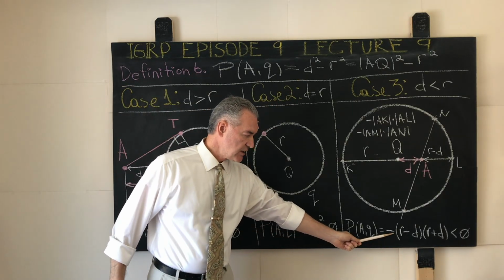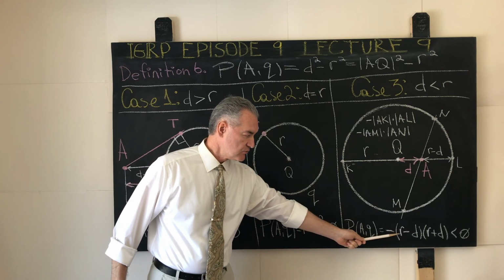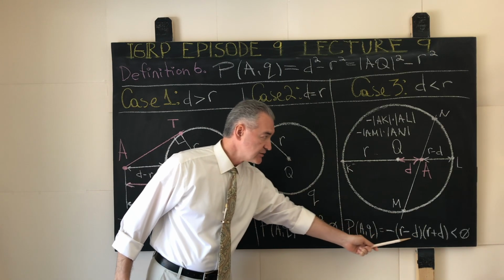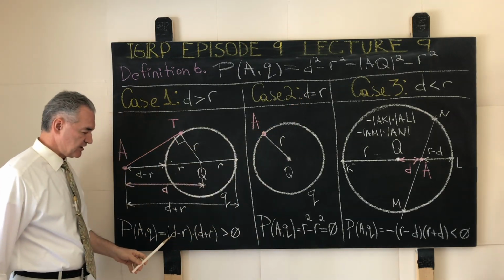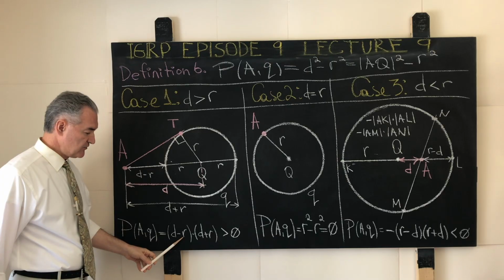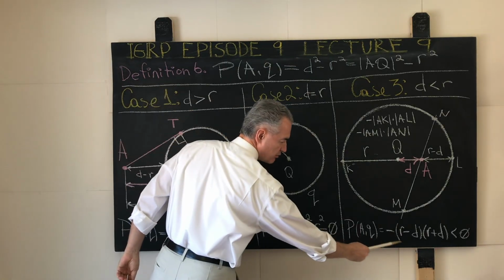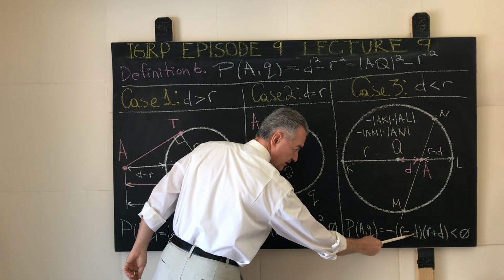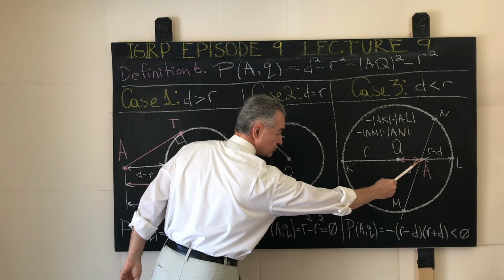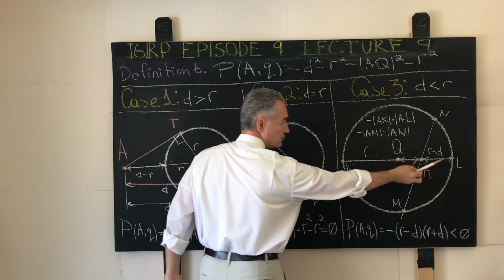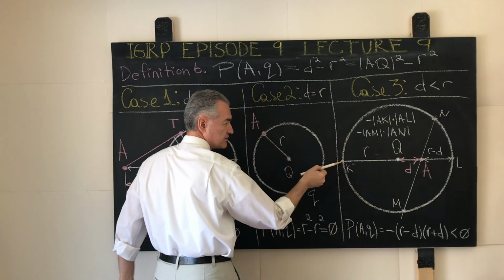We will factor out -1 out of the difference d minus r, as we had it in the previous case, and obtain the expression in the parenthesis, r minus d times r plus d, as depicted over here. So the distance r minus d will be this line segment, the distance r plus d will be this line segment,